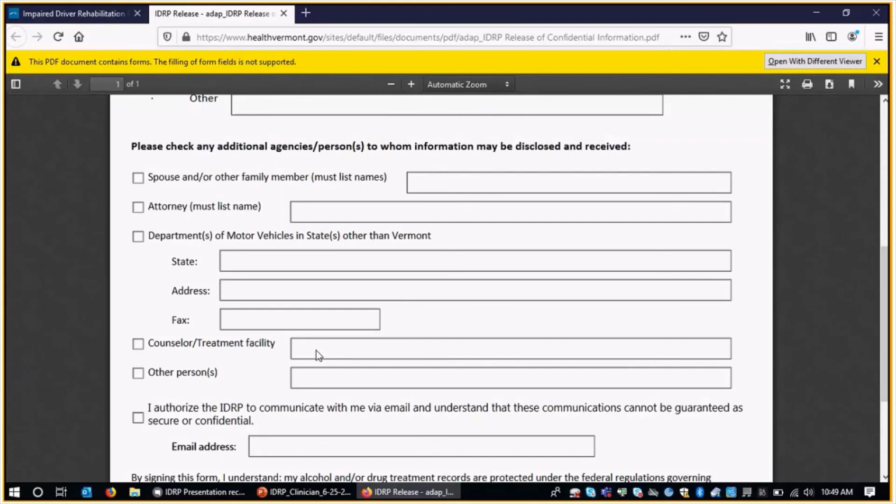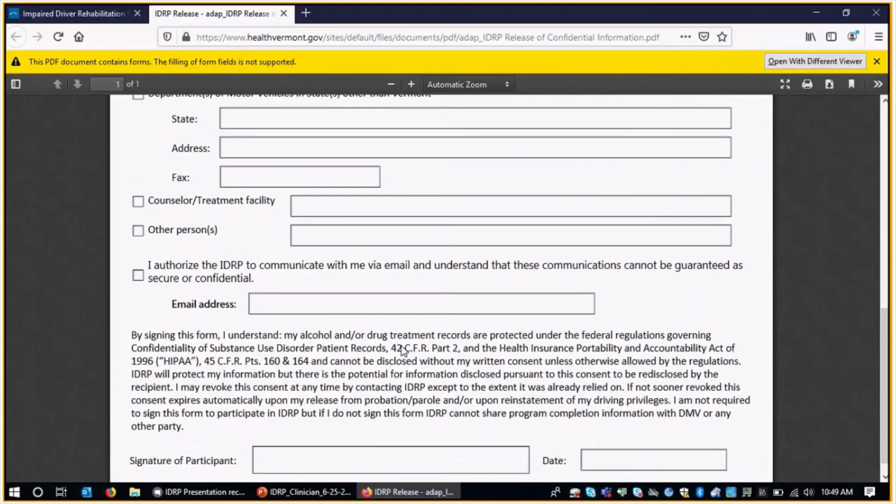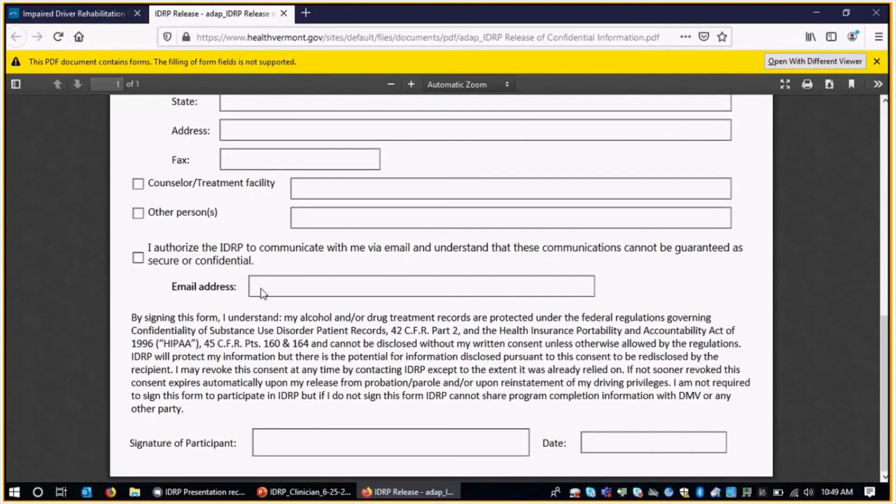so that we know what other states need to be notified. If you as the clinician would like to connect with IDRP and central office about this client in any way, please indicate that here. And another helpful section is this email address portion. It's often very helpful to be able to communicate with someone via email, but we want them to obviously authorize that communication. Oftentimes this release is garnered at the clinical evaluation. So if your client gets to receive services from you and you are not on the evaluation, we'll ask for another revised